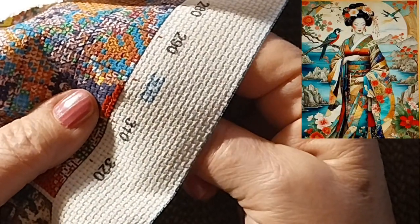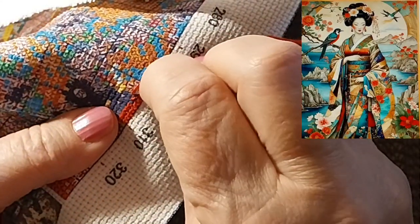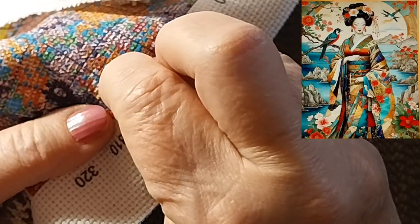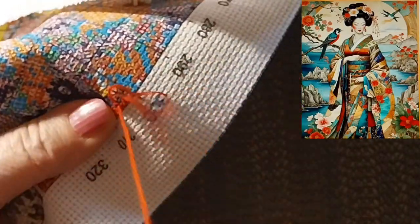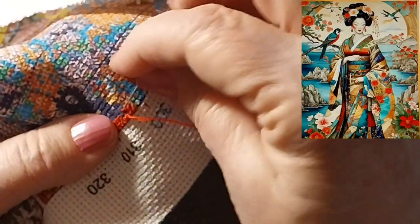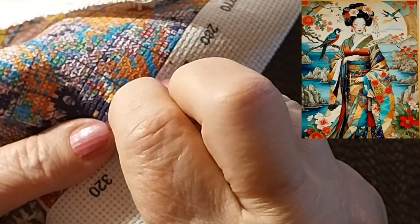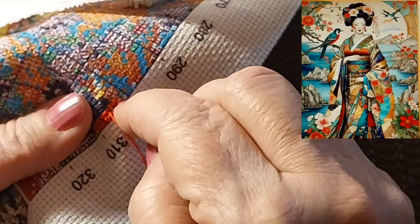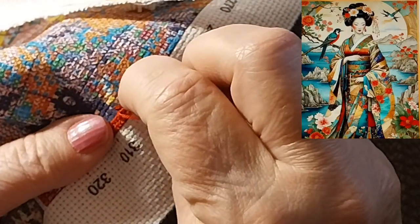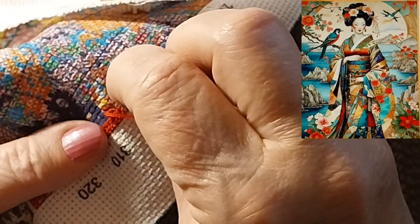This thread's very nice. Give it that much. It's covering quite well. It doesn't feel thin or anything weird. I don't know that it is or it isn't DMC. You know how they say that sometimes, and just not sure. I think what they're trying to get across is that it's DMC numbers, not necessarily the actual thread. Some of the better kits, you know, like Joy Sunday and Spring, they probably do use DMC. But